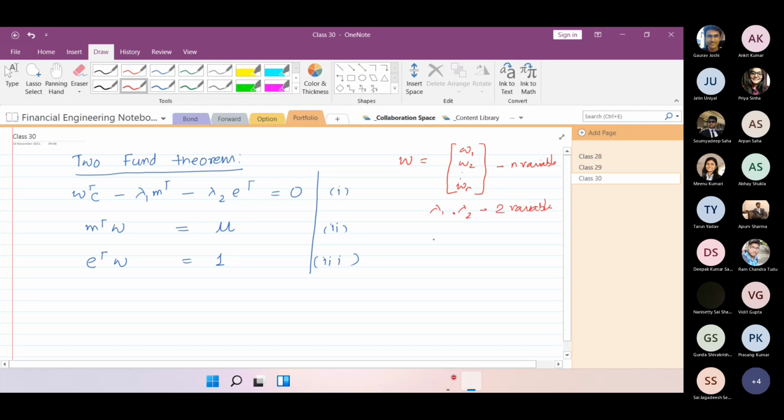So we had n plus 2 variables altogether. From the first one, we will get n equations. And from the other two, equations 2 and 3, we will get 1 and 1 equations. So we will have a total of n plus 2 equations and n plus 2 variables, and we can easily get the solution. So what we are trying to say is that for a particular mu,